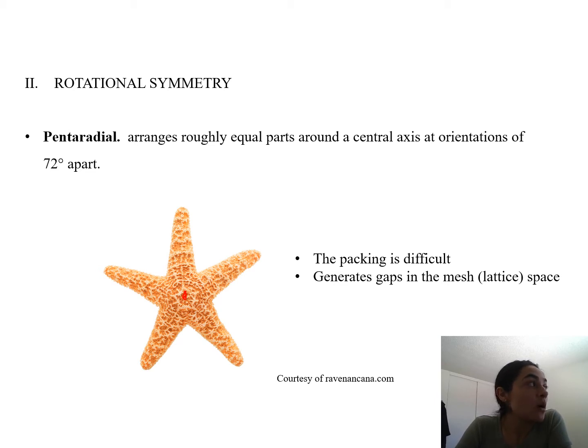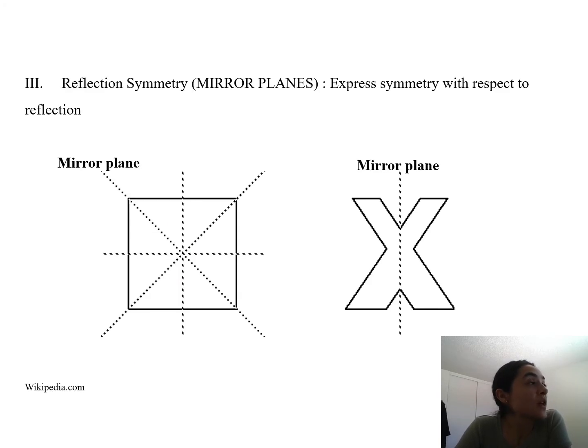In general, pentaradial packing is difficult, and it generates a lot of gaps if we were to use that arrangement of atoms. So reflection symmetry now deals with mirror planes, and what that means is if these dashed planes represent mirror planes,